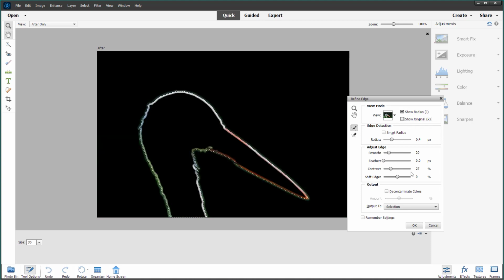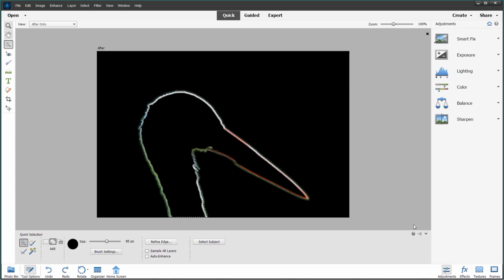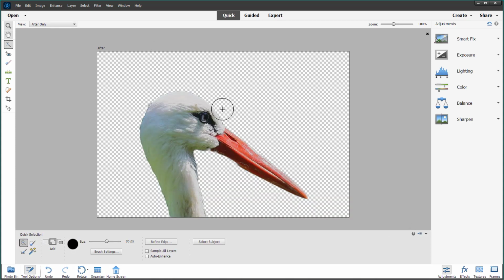So let me see the selection right here, and you can output this to many things like selection, layer mask, and so forth. So let me go onto layer mask right here, press OK, and you can see that only the selection shows up and everything else is hidden right here. You can select out the subject just like this, and it selects out the subject over there as well. So you can experiment with the selection options and apply different methods to select certain things